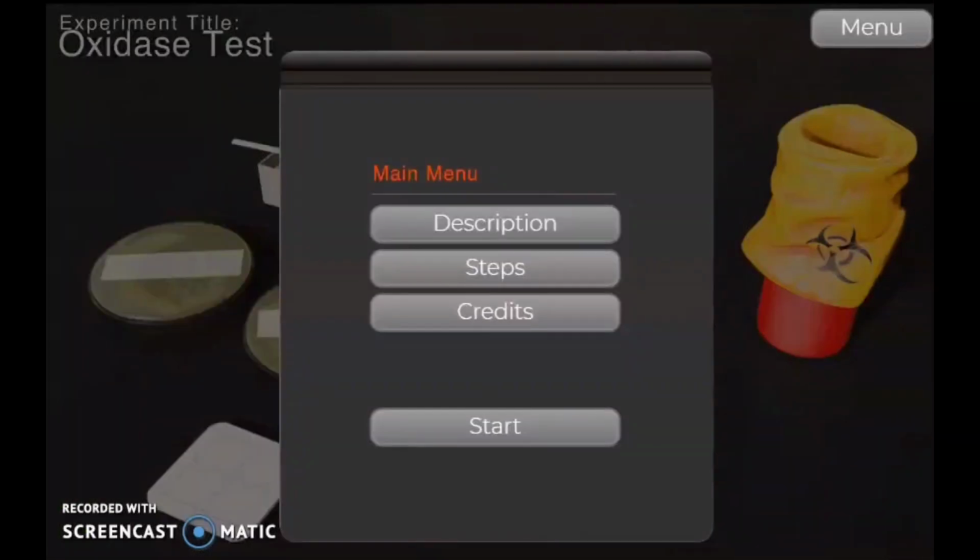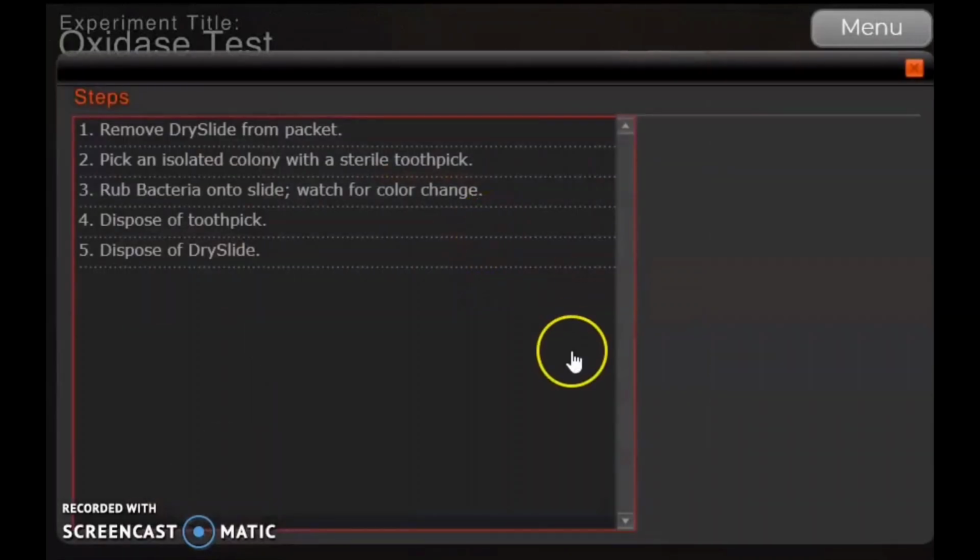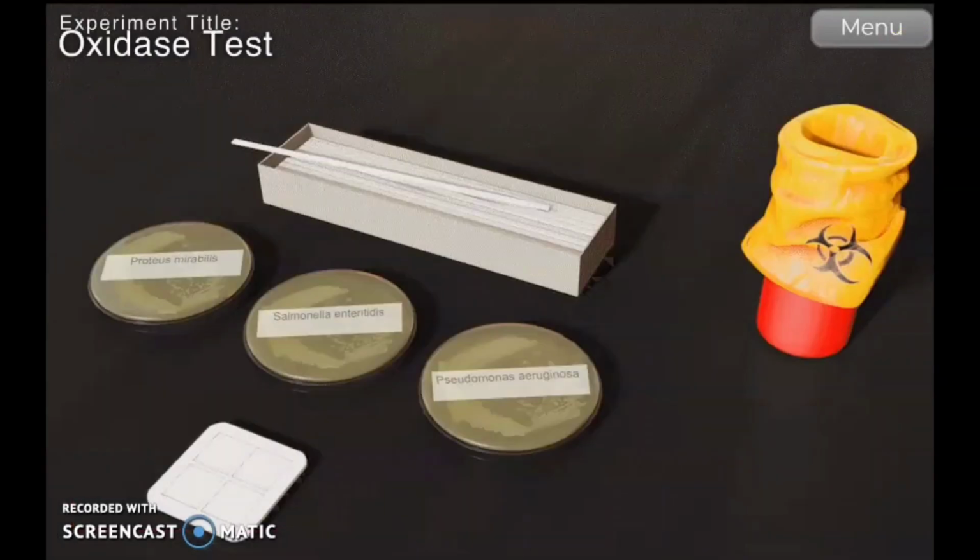Lastly, I will do lab simulation for oxidase test. This is the procedure for the lab simulation for oxidase test. First of all, I will explain about the oxidase test. The oxidase test aids in identification of bacteria that produce cytochrome c oxidase, an enzyme of the bacterial electron transport chain. All bacteria that are oxidase positive are aerobic and can use oxygen as a terminal electron acceptor in